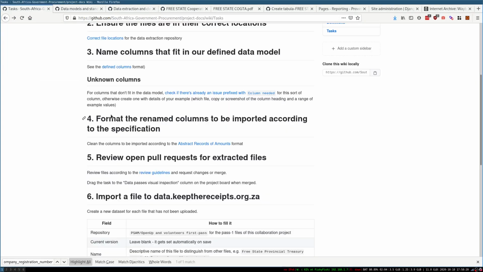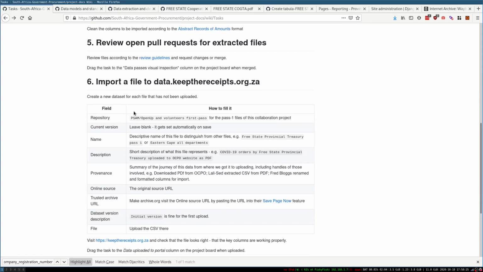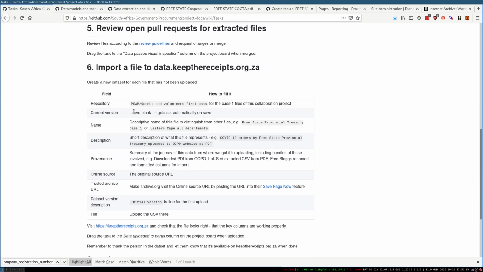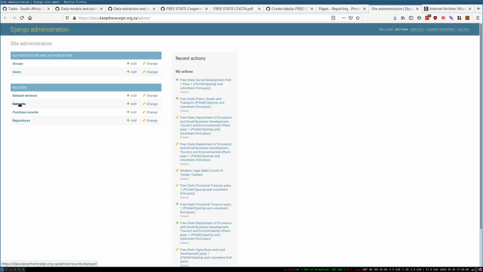So we've done the formatting, and if this formatting wasn't done, we would have had problems importing this file. So next we want to go and import the file. So we'll need a few things. The repository, I'll select, let me open that admin interface first. So I go to